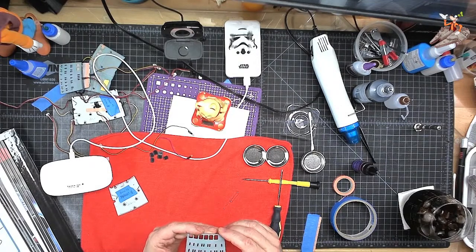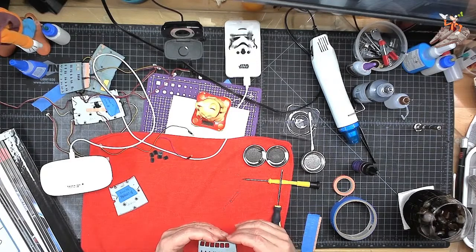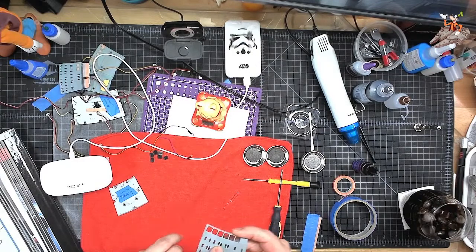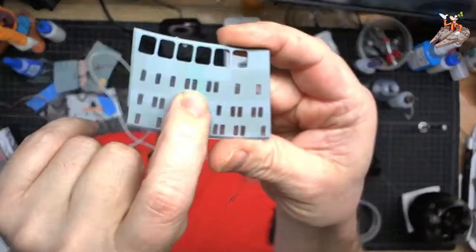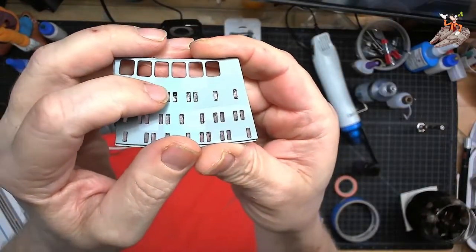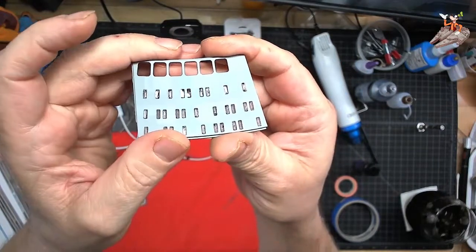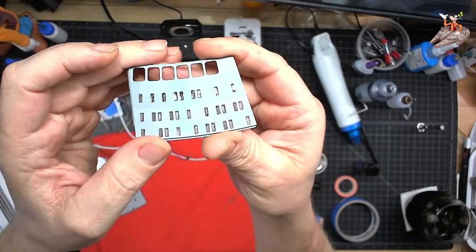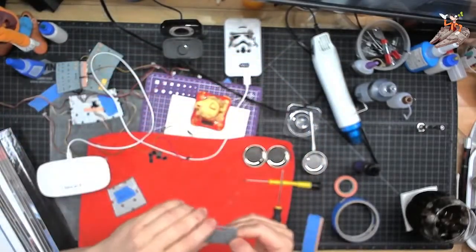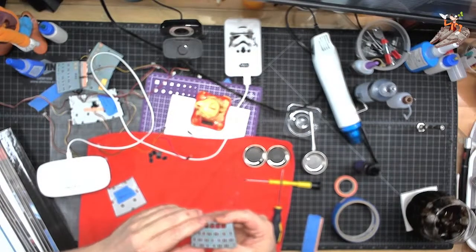So yeah, I'm looking at this. And that one right there, it's not going to show on camera. You can see it on camera. That one right in front of my finger. Big divot right there. A few divots elsewhere, but overall, not bad. And they do pick up the texture a little bit. What I'm going to have to do